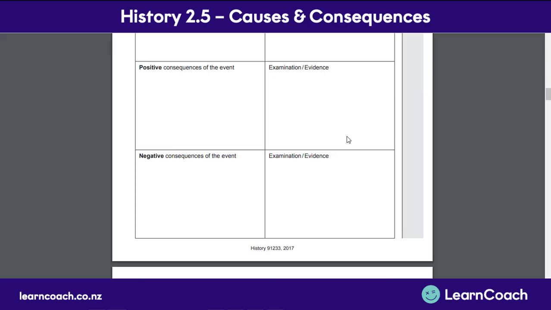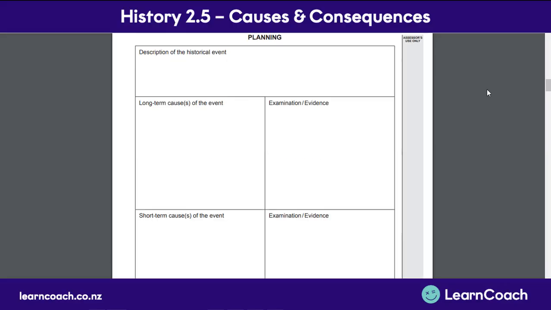So here, it has space for positive and negative consequences, which were in the question. This is also helpful because you can jot down notes in the evidence boxes which can support your argument that your consequence is either positive or negative, especially for the higher marks. Every year this page can change, so the one that you get this year could be completely different. However, they should be laid out based on the question you're given.